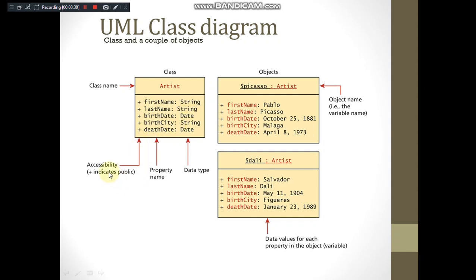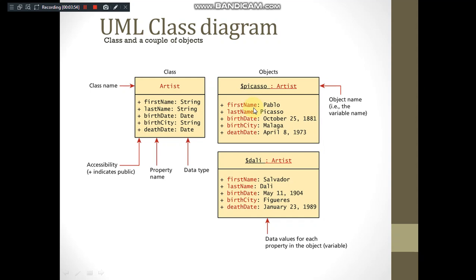The plus indicates the accessibility, that it is a public one. This is the property name and this is the data type. This is how we represent the class. Objects in UML are represented like this. $Picasso is an object name of the artist class, where it is stored with particular values.